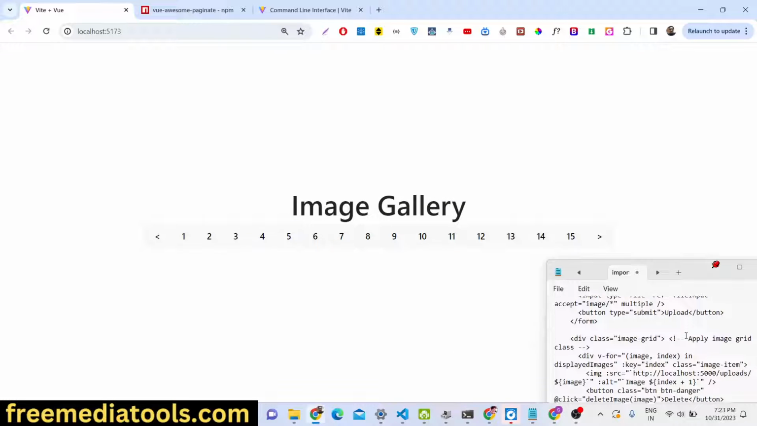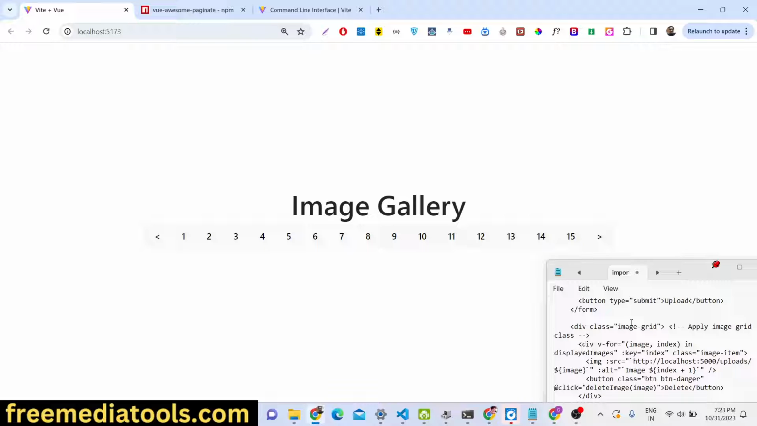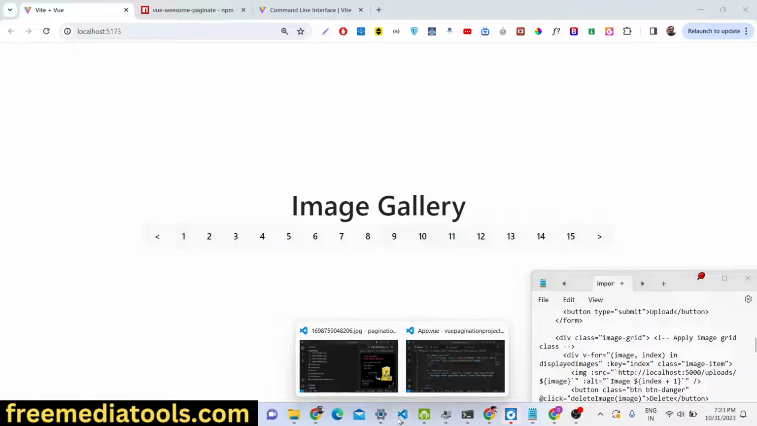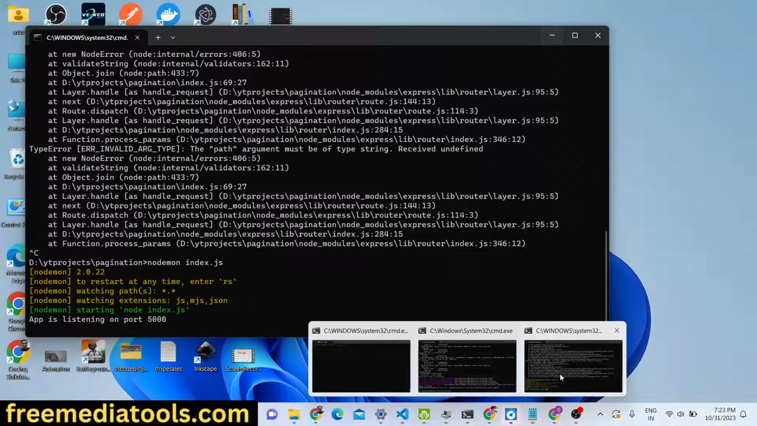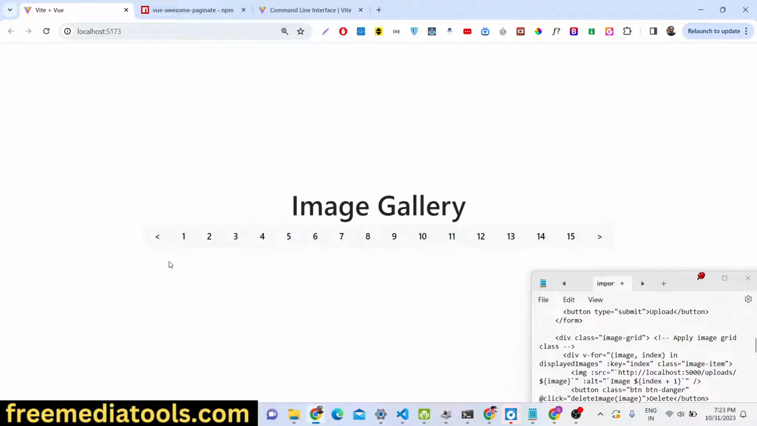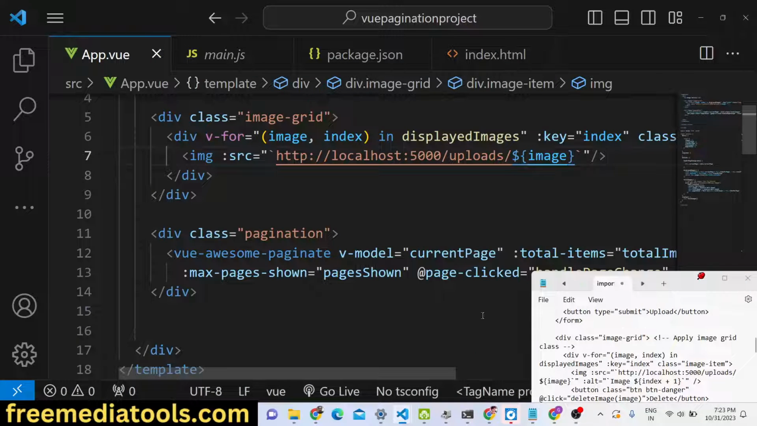just wait. I think we just need to refresh your application. Yeah, refresh the application. Let me see, guys, what is the problem here. Displayed images. Key is index, class item, then image source is equal to HTTP localhost 5000 slash uploads slash image. Here